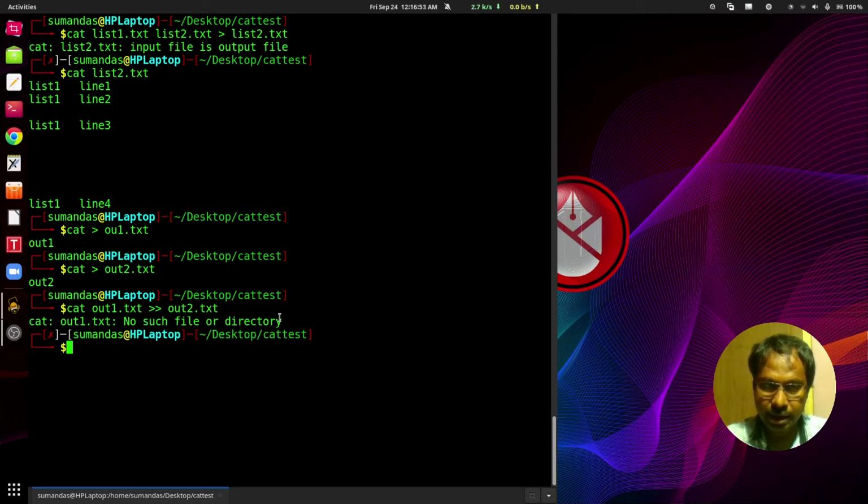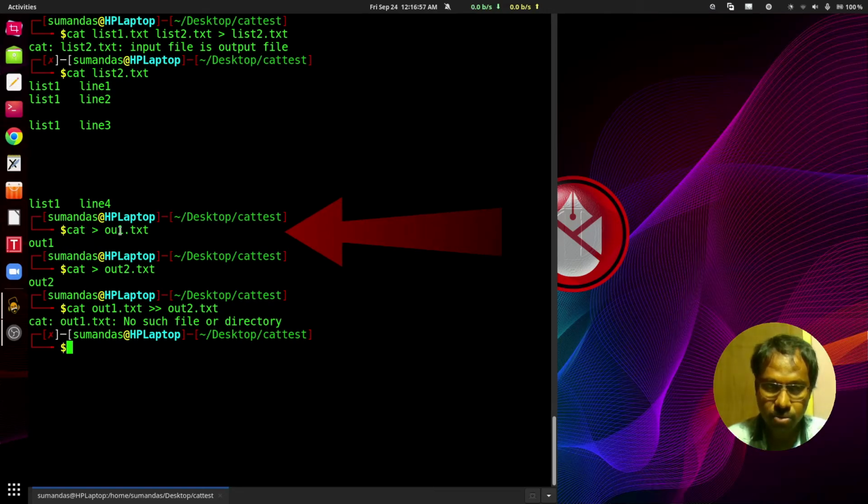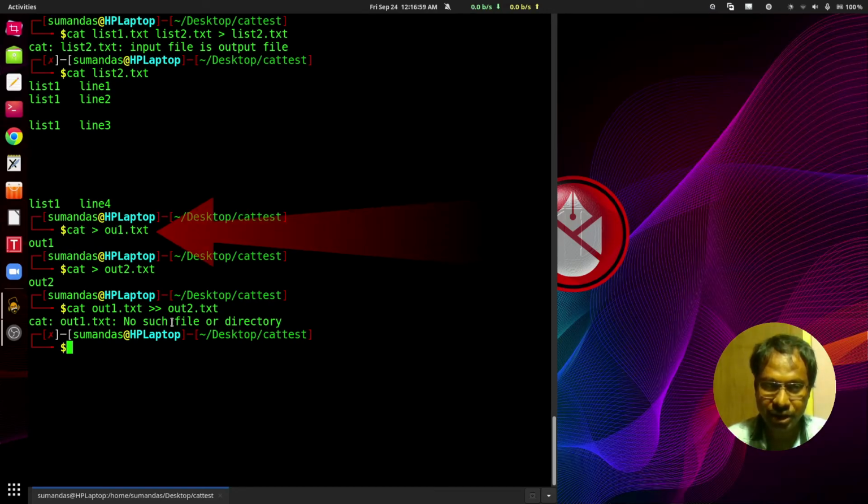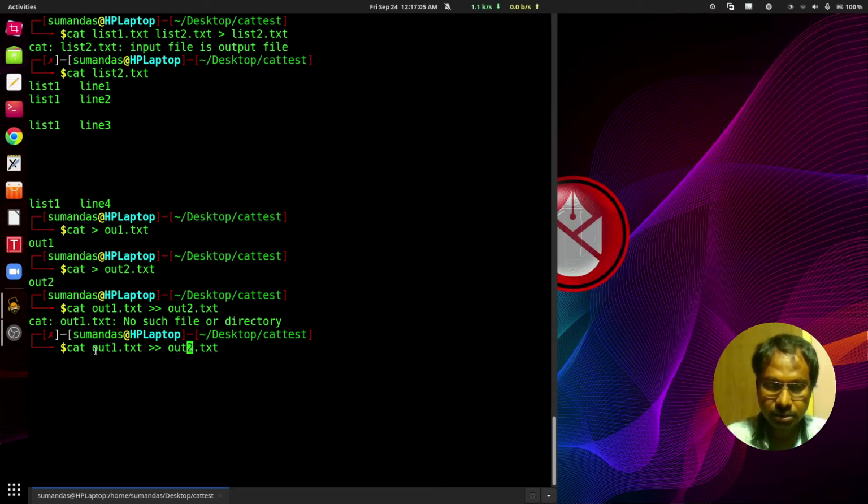Some error is here because here we have generated ou1.txt, not the out1.txt. So just rectify the error, and ou1.txt redirected to the out2.txt. Press enter. At that moment, no error.